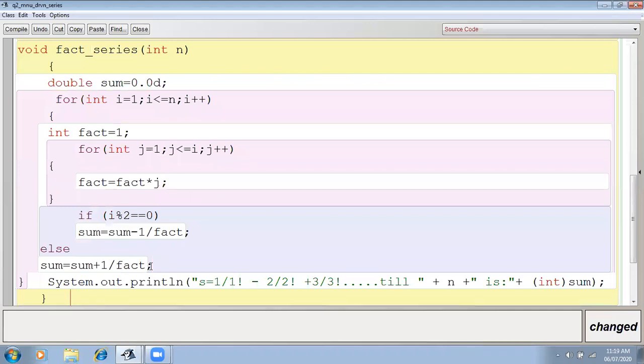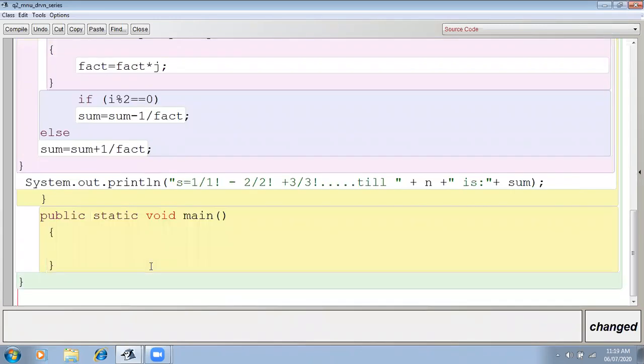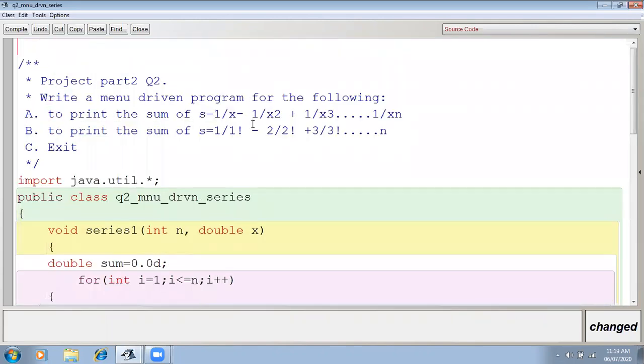Then after closing the loop, I will display the sum, and here also you can use explicit type conversion. If you don't want it, then don't use it. Then it will give you the result in decimal places. Okay, it's up to you. Then yes, these are the two programs, which I made separately for executing the series.